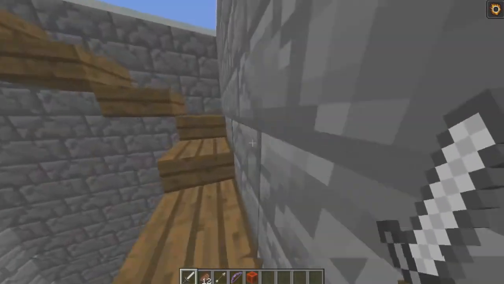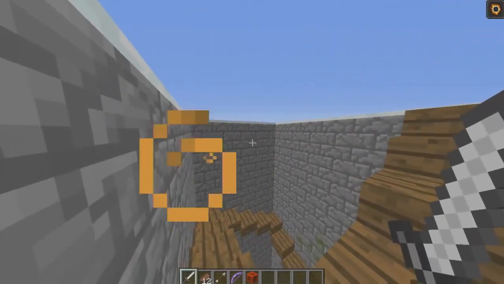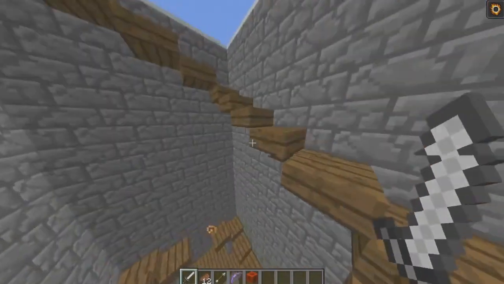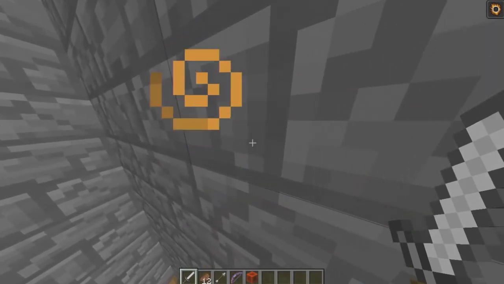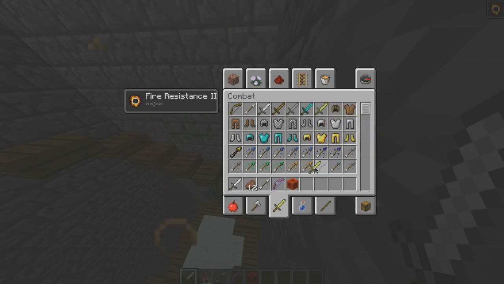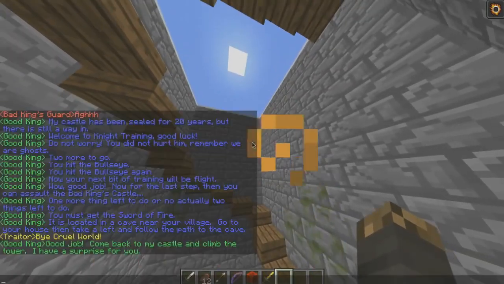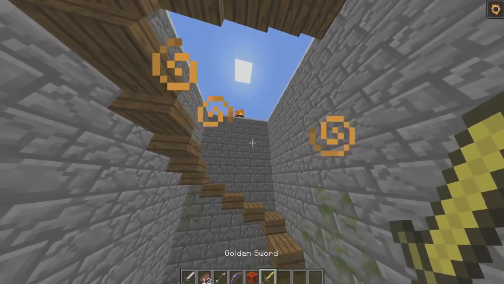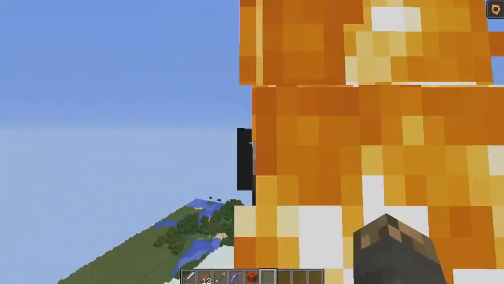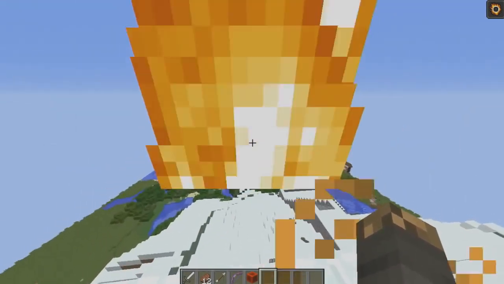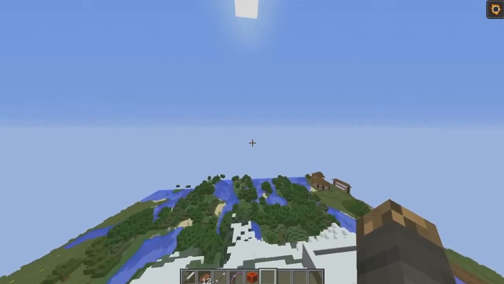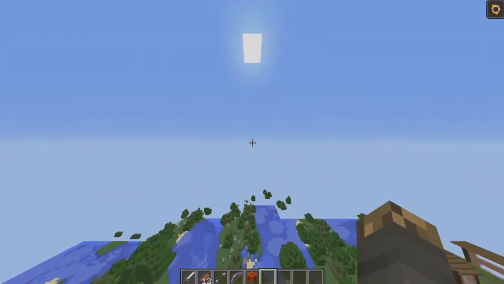And are you holding the sword in your hand? Wait, why do I not have it? I don't know, why don't you have it? More technical issues. It's okay, just get on an anvil and name it Golden Sword. Or I can just get, oh, not a bad idea. So we had a technical issue there. You're supposed to have a golden sword in your hand once you defeat the traitor. And once you get up to here, it summons this fireball. And then it's your job to hit the fireball, and it flies across, and then you can fly across the map and follow it.